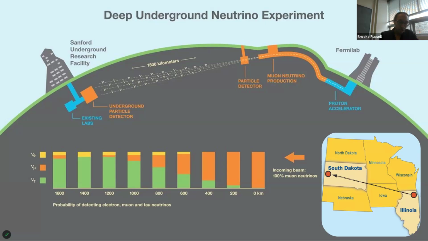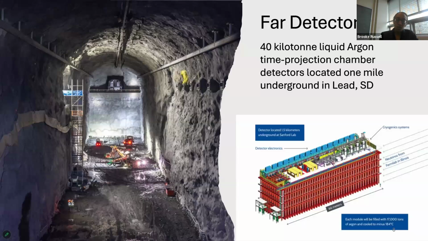I should note that this plot, as shown on the bottom here, is fairly representative of the flavor transformation, and you can see that there's a significant tau neutrino contribution. However, we do not have capabilities to directly measure those tau neutrinos, so we infer their presence, but we do not actually measure them.